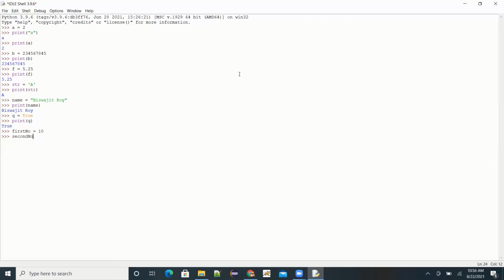Second number, say I'll give a value of 20 to it, and I want to print first number and to print the summation of first number and second number. Let's see what it will do.